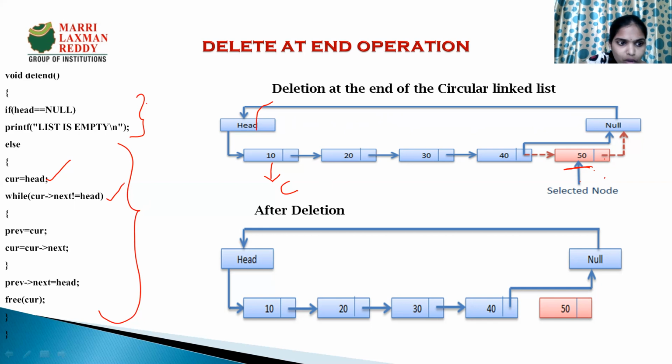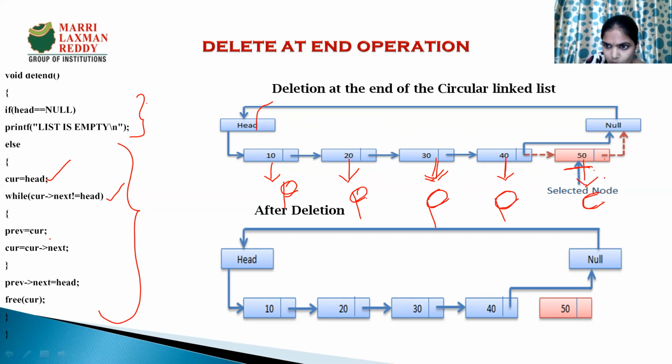I'm moving the current node from previous to next, next to current to previous. So this I'm marking as previous, and this as the current node. Again I'm checking whether this is the last node. If it is not the last node, I'm marking this as previous node and this as current node. Again I'm checking, is this the last node or not? Here 40 is not the last node. So I'm marking this as previous node and this as current node.